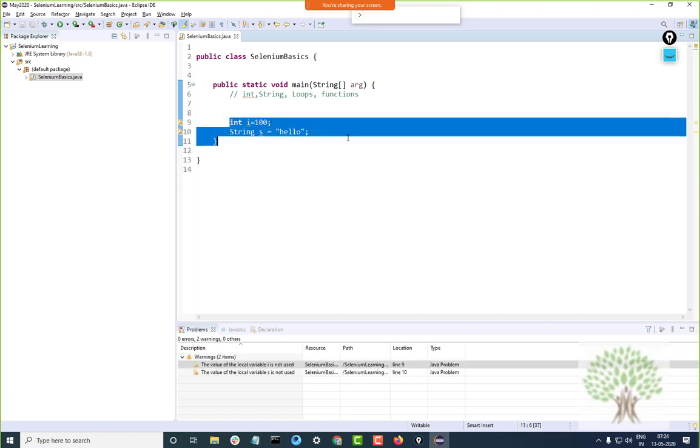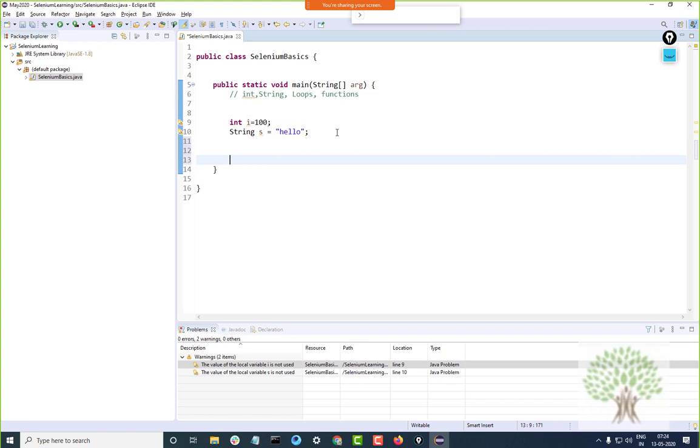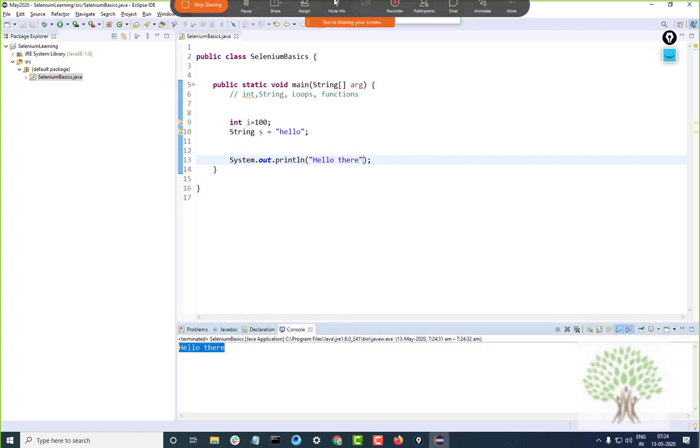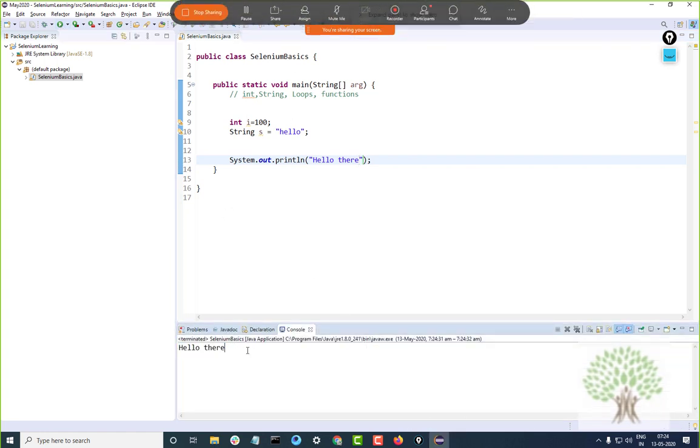Let me talk about a few basic things. In Java, if you have to print something, the command is System.out.println. The shortcut is SYSO and you hit Ctrl+Space. You type hello there, and this is the run button. You can click on this and your program will execute.